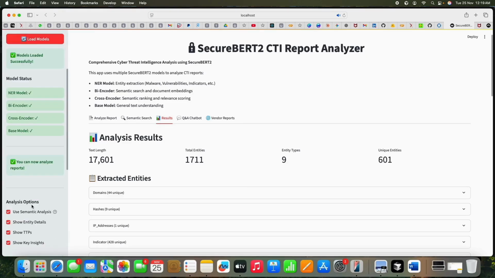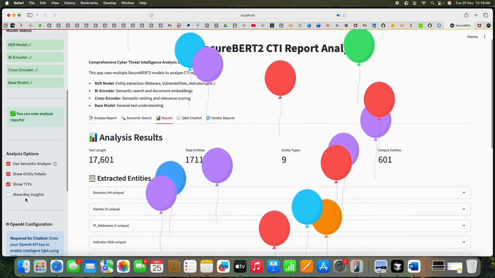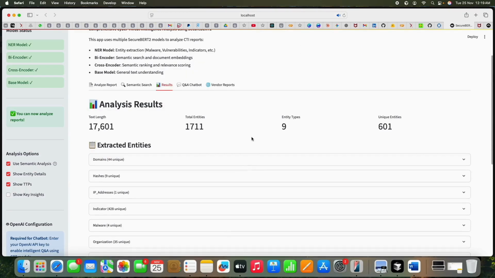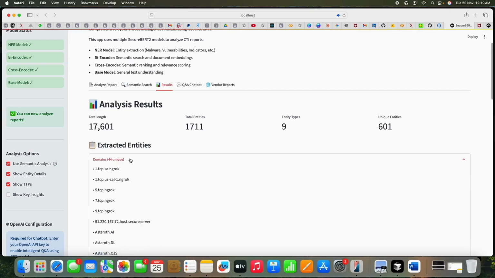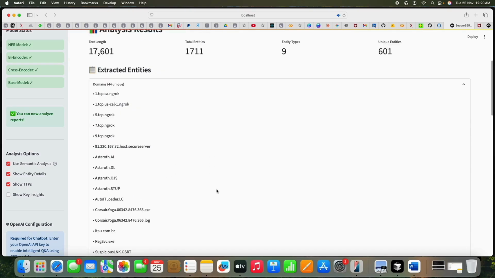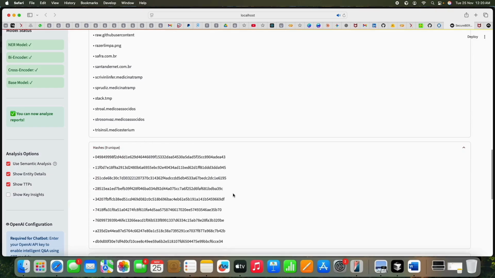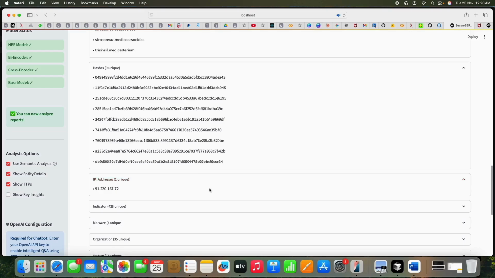I would get rid of this. It just doesn't work. I was having the wrong expectations from BERT. I mean, obviously it's SecureBERT, but it doesn't generate text. So key insights doesn't make sense here. So it would do the NER extraction and all these features that you see here, encoding and all. So without going into theory, let's look at what it has fetched. It fetched all these domains from that report, these hashes, these IP addresses,